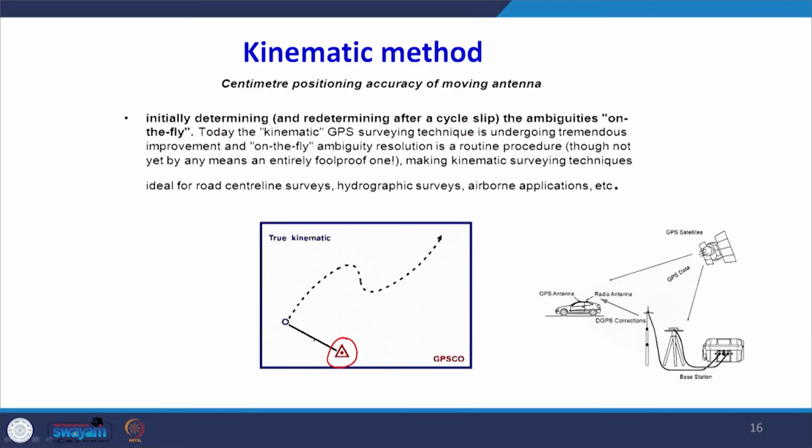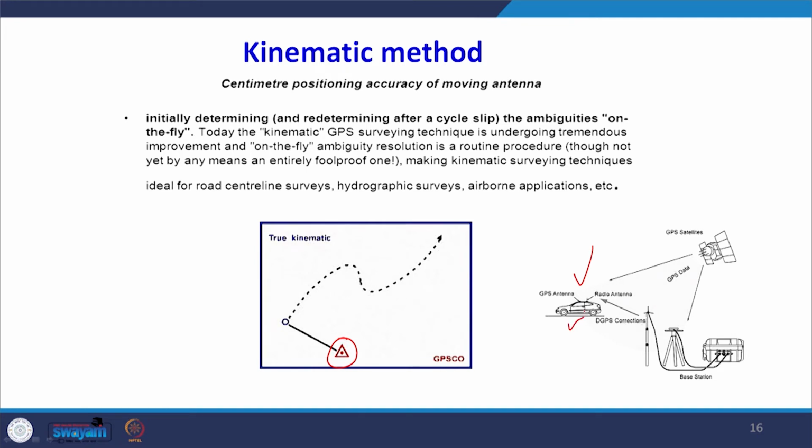This is a diagram which shows the kinematic method. Kinematic method is the moving, on-the-fly method, when you are moving from one place to another. So, this is our base station, the red triangle is the base station, and then the person is moving continuously with the rover point. For example, in the car vehicles, you can see here in the vehicle the rover point